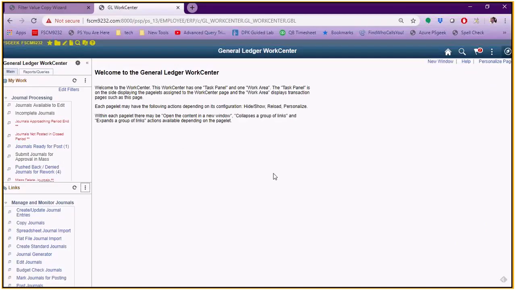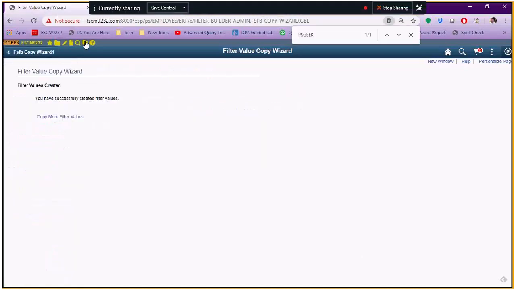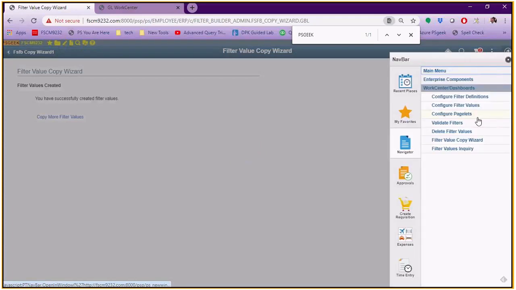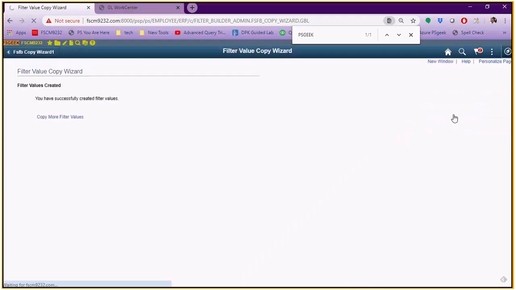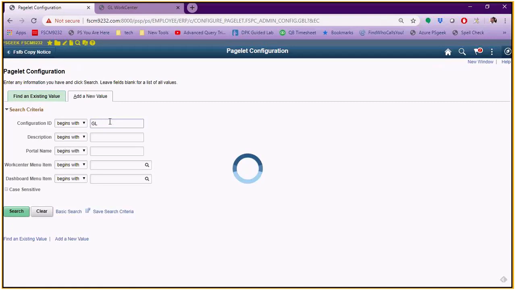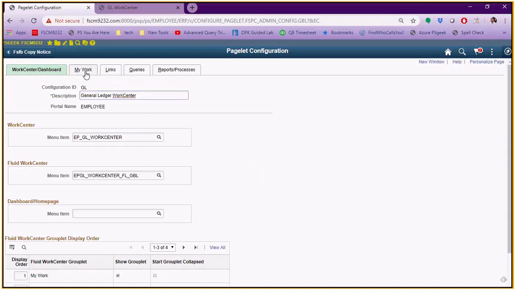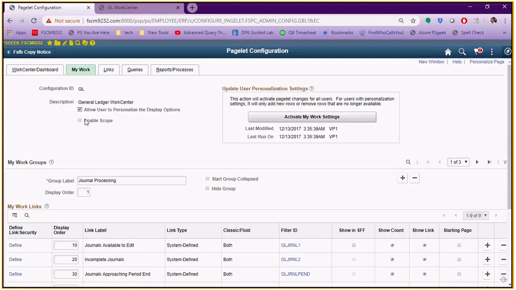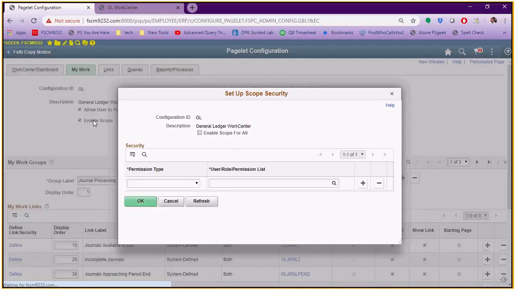So I want to talk about one last piece, and this is something called scopes. If we go back to the Pagelet to make the WorkCenter underneath the enterprise components WorkCenter, we're going to look at the GL WorkCenter first. Underneath the My Work, there is an enable scope. The billing module has this already on. Well, we're going to take a look as if we turn it on for the